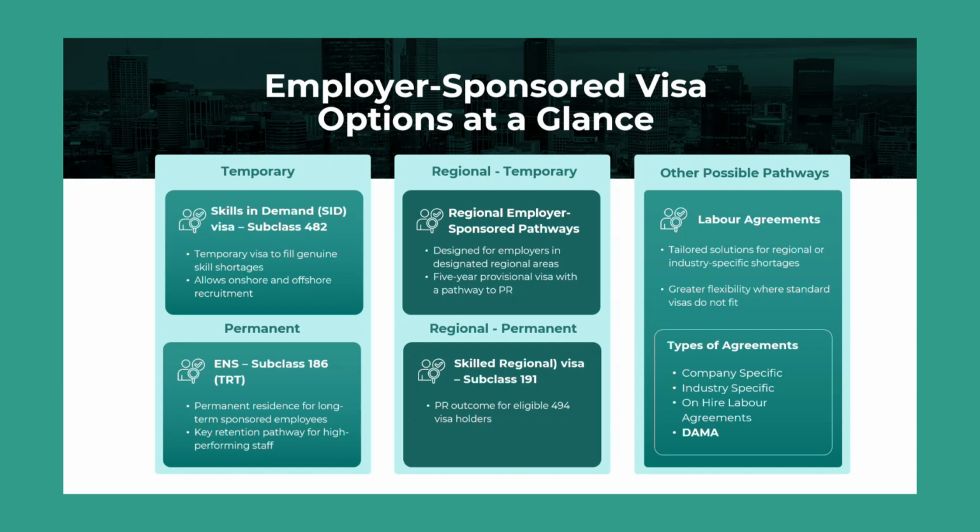As you all know, the temporary skill shortage visa, the 482, requires 3 distinct steps, and that is the sponsorship, the nomination, and the visa application. And as you all know, the current salary level is $76,500. I always advise my clients that, instead of $76,500, we select $77,000 or $77,500.